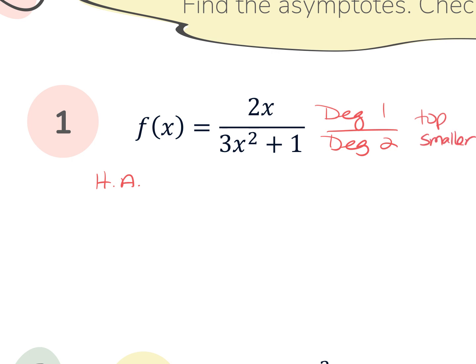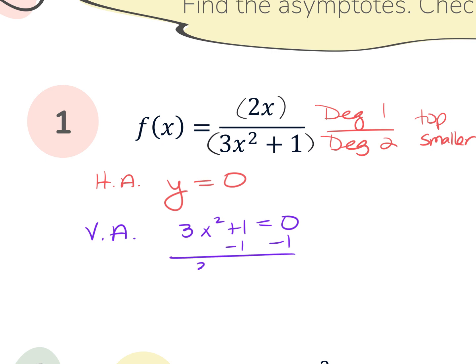So when the top is smaller, we know our horizontal is just y equals 0. Now let's do the vertical. For the vertical asymptote, I can't simplify anything because remember, these are attached. So I can't cancel out any x's or anything. Nothing simplifies. So all I do is take that denominator, set it equal to 0,